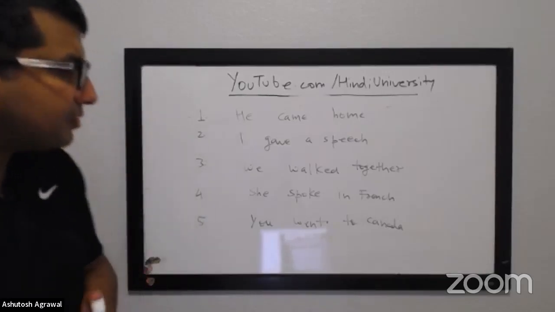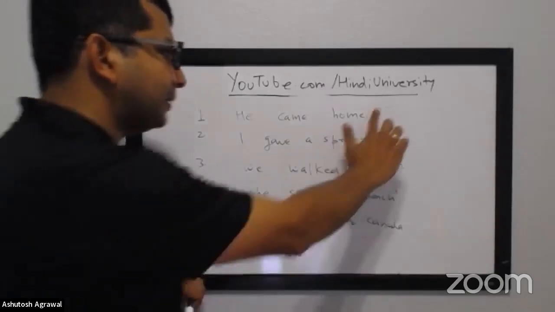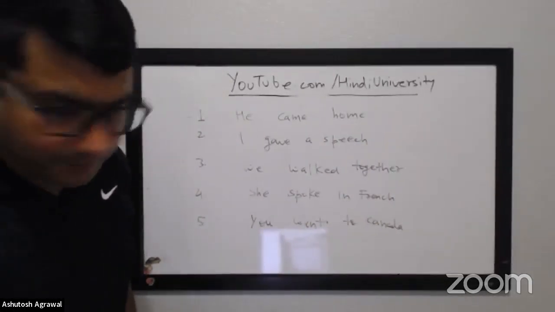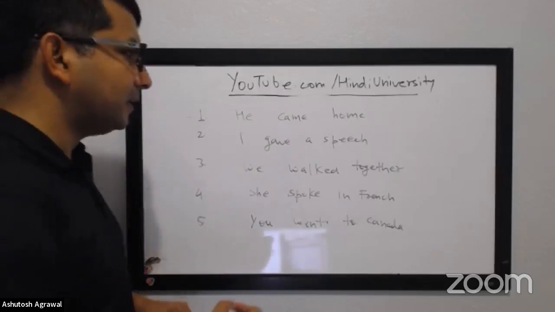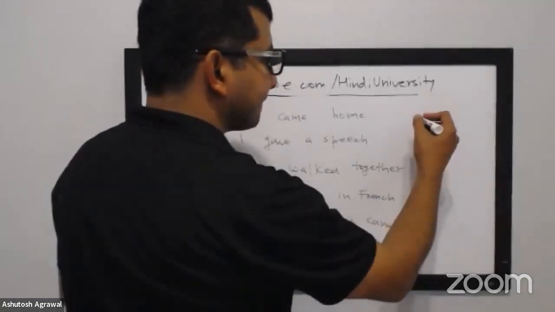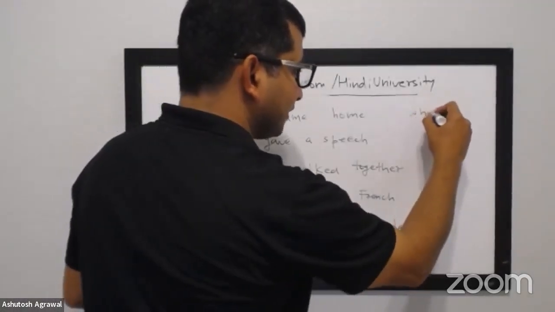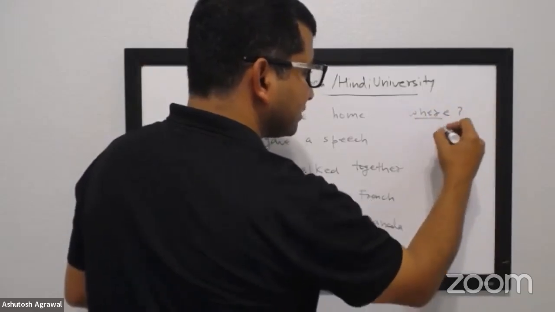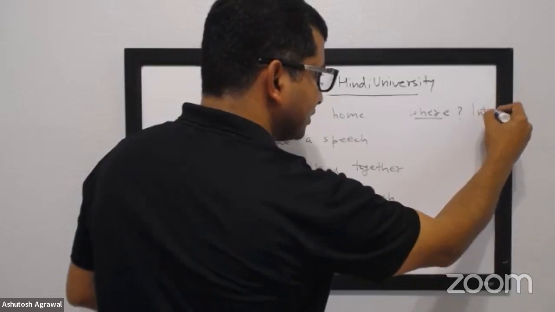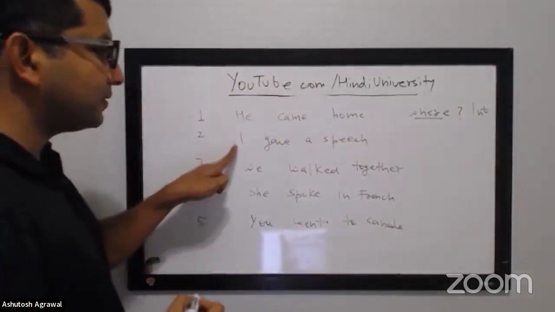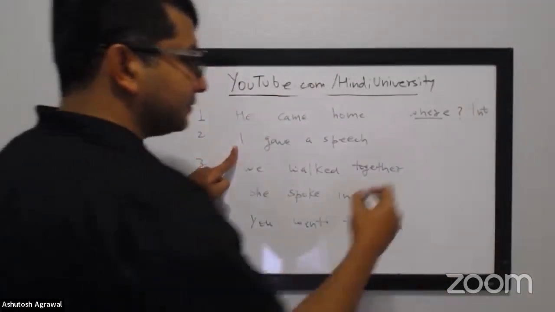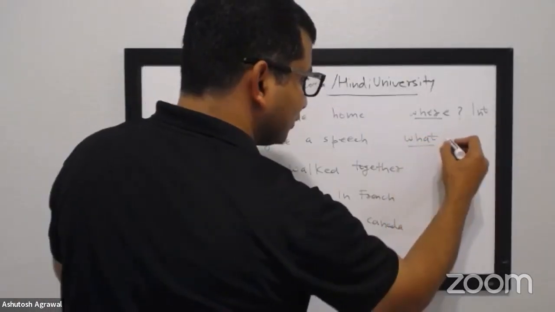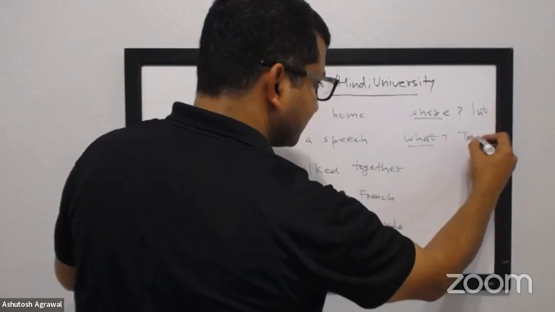Let's see. Scott G, you want to try it out with me? I'll help out. He came home. So that's a where, not a what. So that's intransitive. Very good. This is really giving you the where, so this is intransitive. That is correct. Let's do one more with you. I gave a speech. That's a what, so it's transitive. Very good, right? This is giving me the what. So this is a transitive verb.